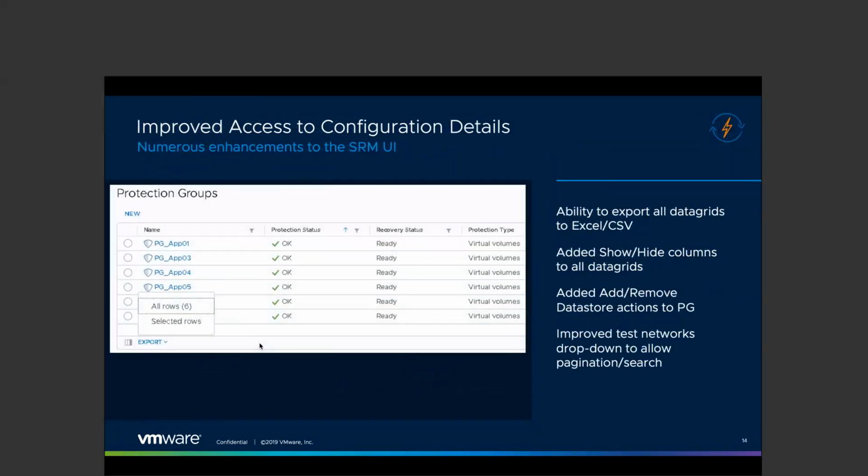We did a lot of improvements to the user interface of SRM and vSphere replication. The user interface is HTML5. You are going to be able to export all the data grids to Excel and CSV. This will help further with reporting. So if you want to do a report about the protection groups or recovery plans, you can now export this into CSV and Excel. You can also show and hide columns, and we added add and remove datastore sections to